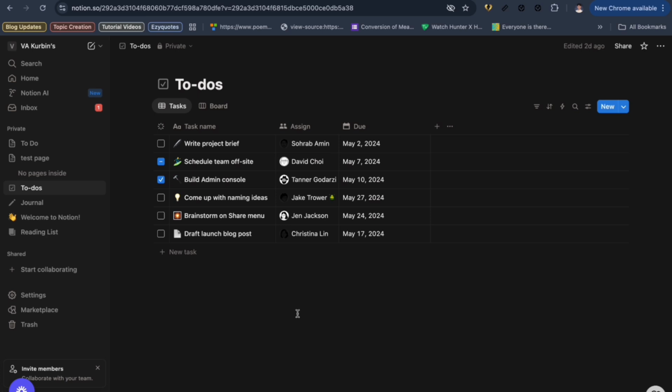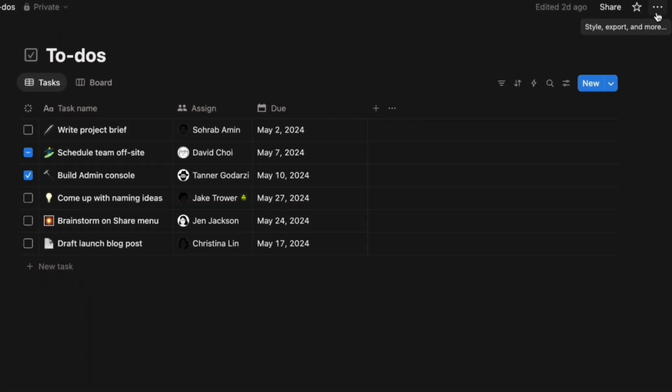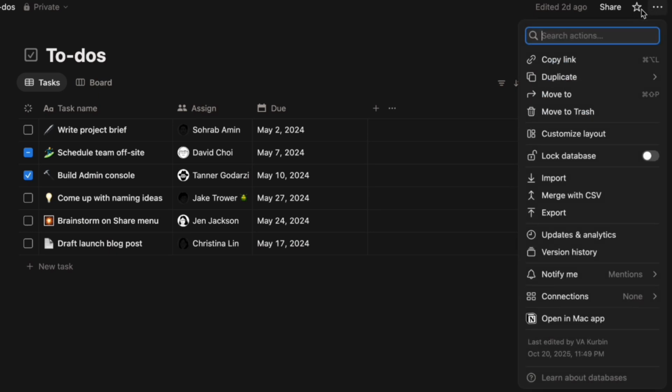You will simply go on the upper right corner of the screen and click the three dots, which represent more actions. When you click this, it will provide you various options of actions that you can apply to this specific page. Now, since we're talking about duplicating, we simply go to Duplicate in here and this will ask